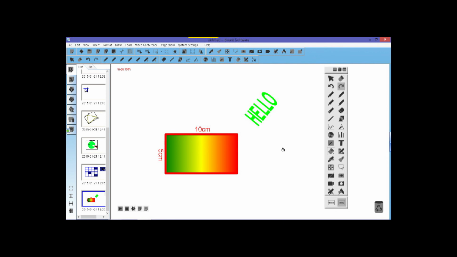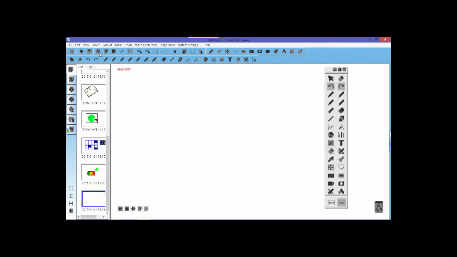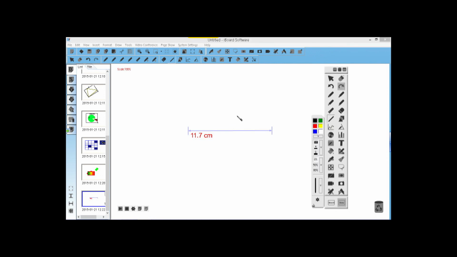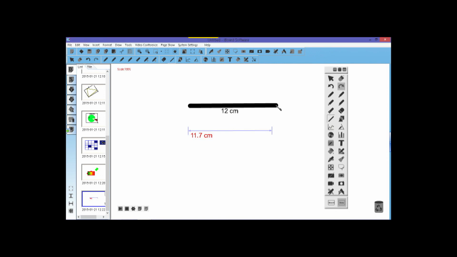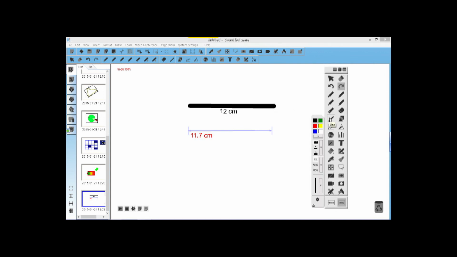Okay, so I'm going to create a new page. I'm going to select this one. Then we have these tools. So we have this dimension label. So basically, if I need to say something is this size, I have that dimension label. Bear with me because that's different than doing this, because this is a line and maybe the line is not show. I don't want it to show the length, so I can do